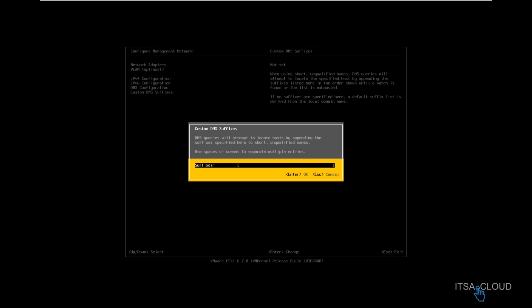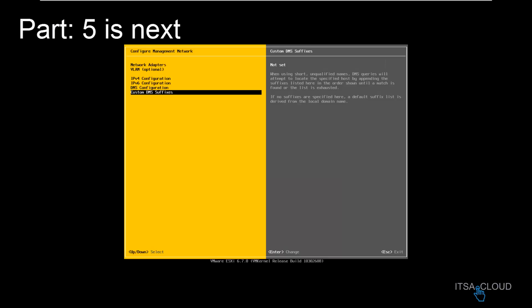For example, itsa.cloud. This is a domain name. All right. This is pretty much what you got to do in here. So after you finish with all the configuration,